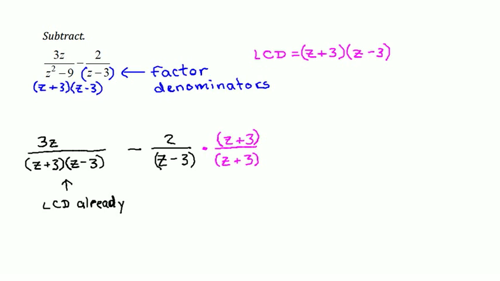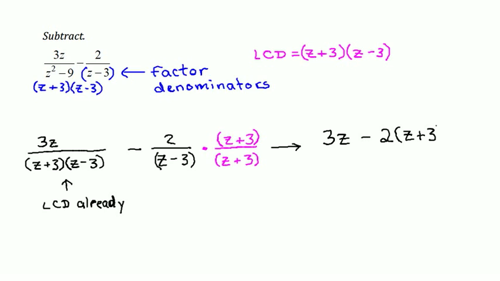So in my next step, I can see that I now have common denominators. In my next step, I'm ready to go ahead and subtract the numerators. And I recommend not doing any simplifying or distributing, anything like that during this step. All we're going to do is write the two expressions, the subtraction of polynomials in the numerator. So we have a minus, we have a 2 times z plus 3, and we'll save all the simplifying for